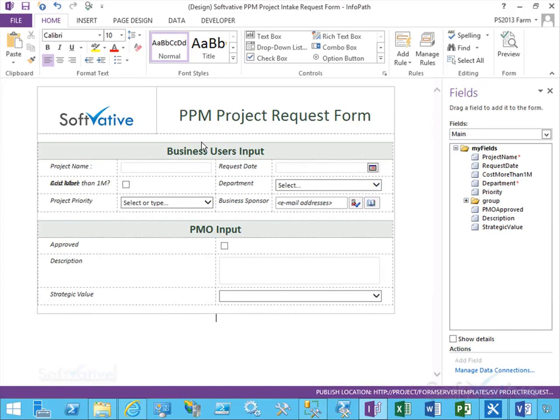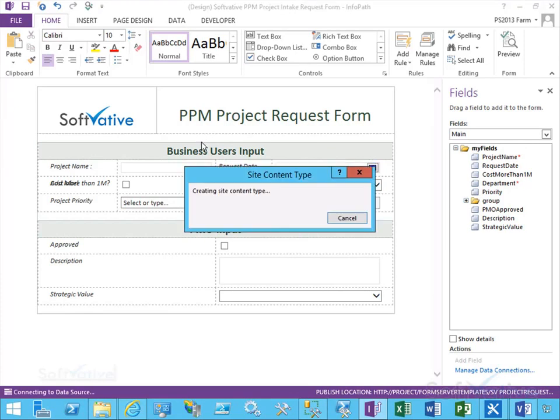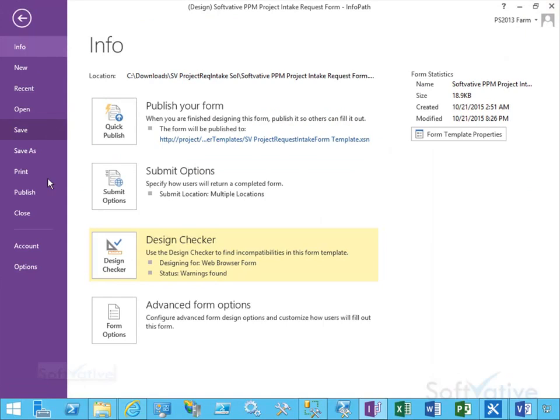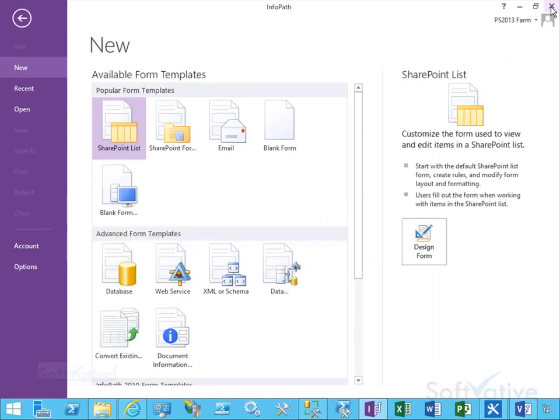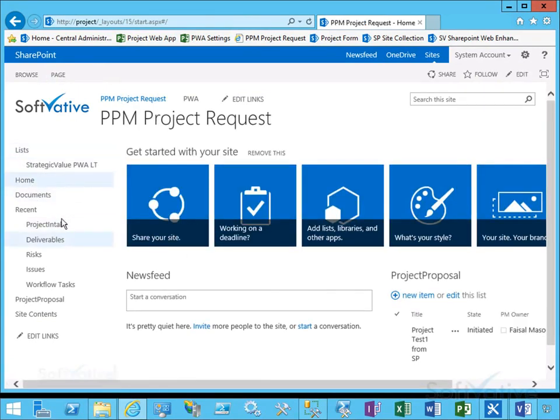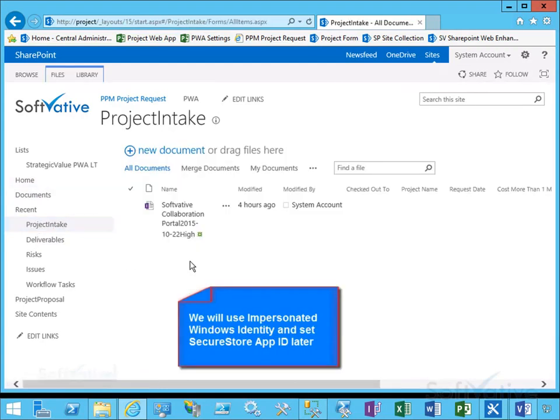Now we'll go ahead and do a quick publish. Quick publish actually uses the same connection information which we used when we did the first publish. So it's relatively quick and easy. So we'll just go ahead and click OK at the end of the successful publish message. Now we'll close the form and close the InfoPath window. Now let's go back to our InfoPath list. So from the home page, we'll click on Project Intake, and